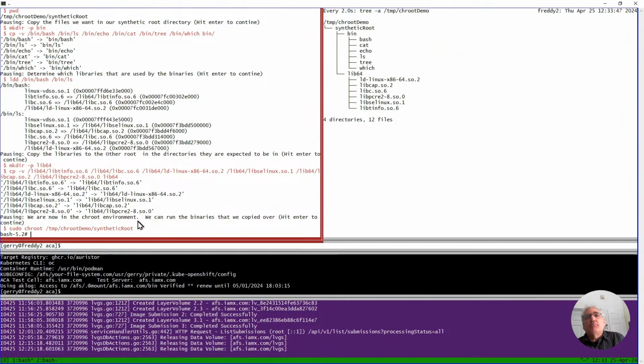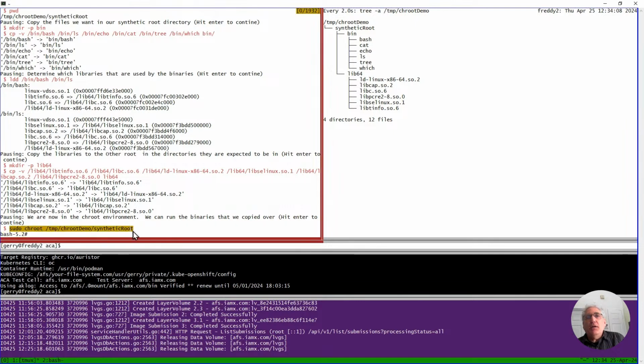But now I'm going to run this magic command called chroot. Notice what happened. A minute ago, I was on my machine. Now it looks like I'm on a different computer. I didn't actually log into a different computer.